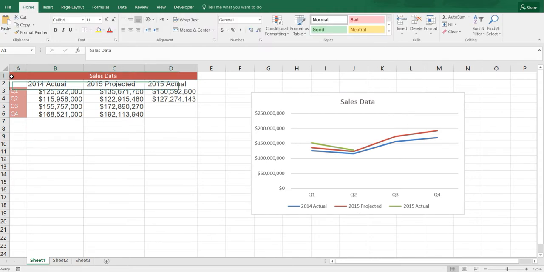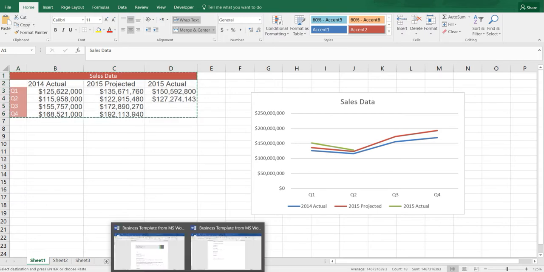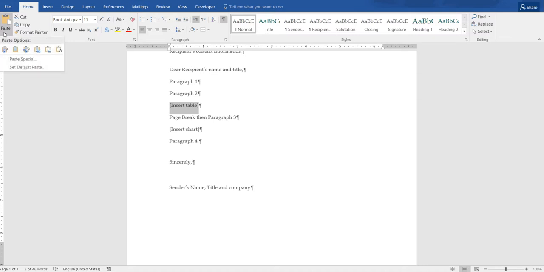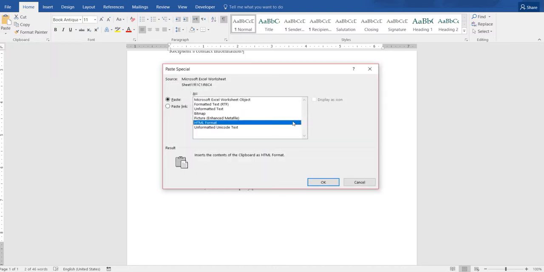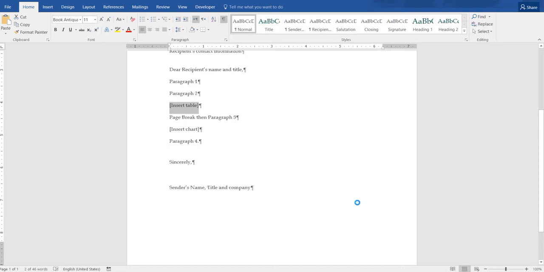Then we have to copy these things into Word. So you're going to select all of the table, click Copy, go over to your Word document, and then where it says to insert the table, you're going to insert it by what's called Paste Special. And this is Paste Special, or Paste, and you do the little arrow, and here's the Paste Special. When you click Paste Special, it gives you this option, Microsoft Excel Worksheet Object, because you copied a table. You're going to use that and click OK.